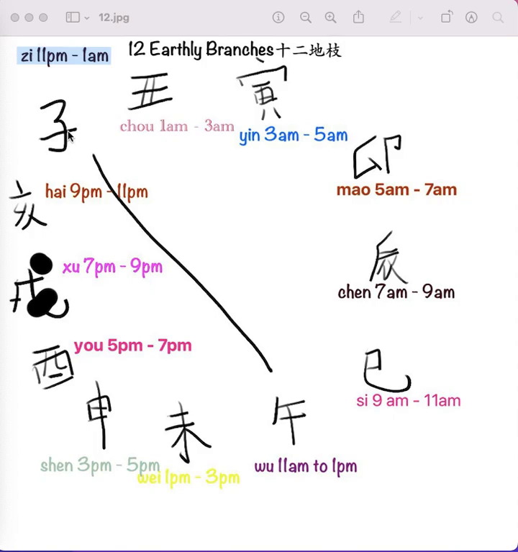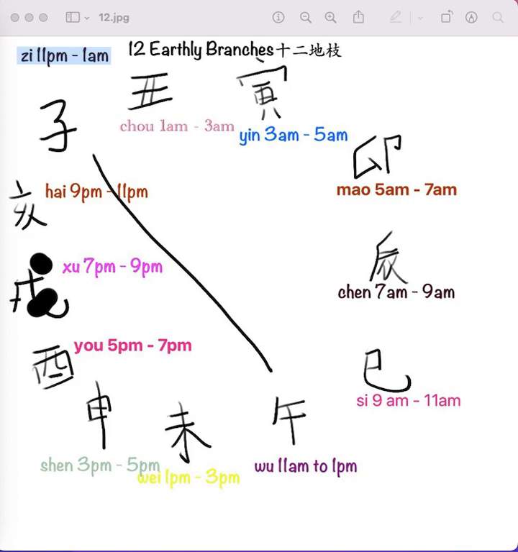If this is the most yin time of night, then Wu, meaning noon in the Mandarin language, is the most yang time of day. It's 11 a.m. to 1 p.m., which makes perfect sense, right? It's high noon, the sun is directly overhead, versus the opposite, 11 p.m. to 1 a.m., which is high midnight. And there, of course, is no sun unless you are in the far north or far south, the north or south poles.